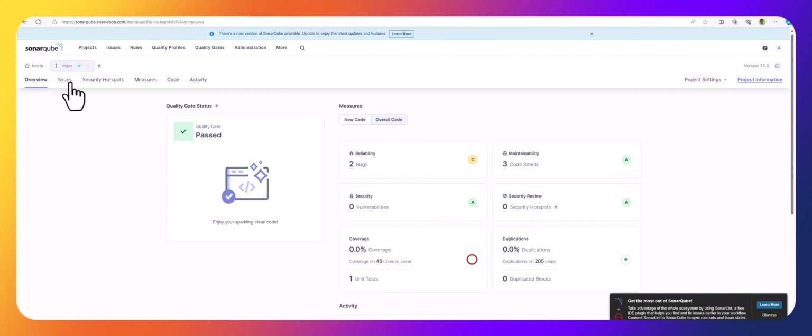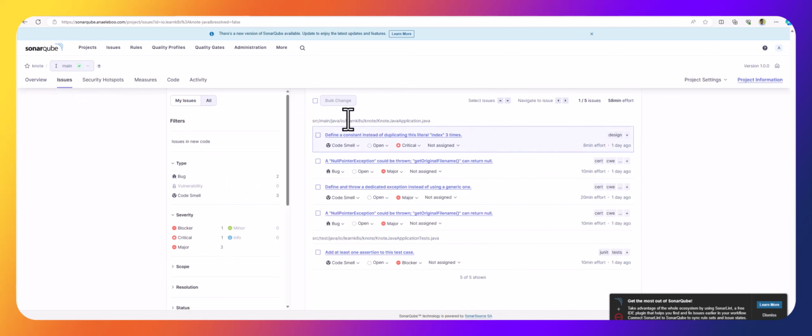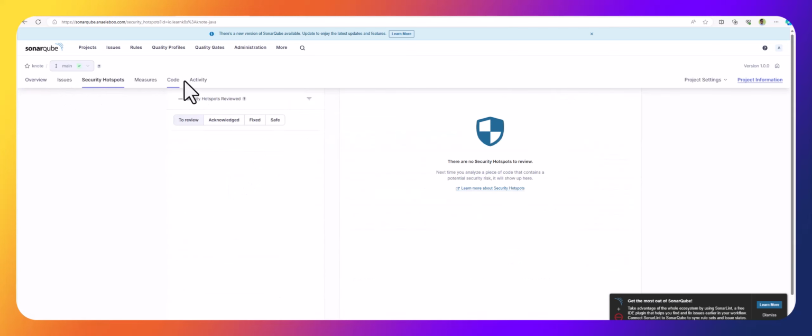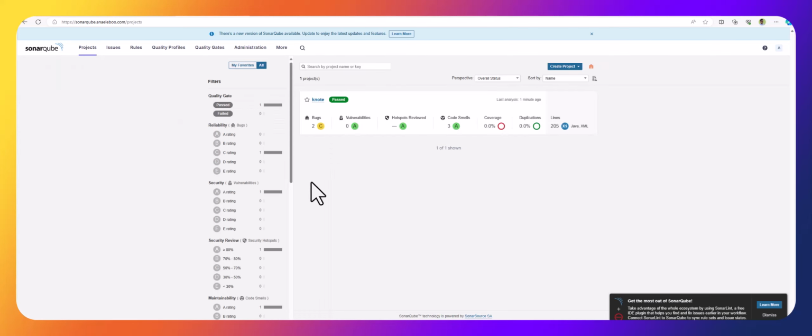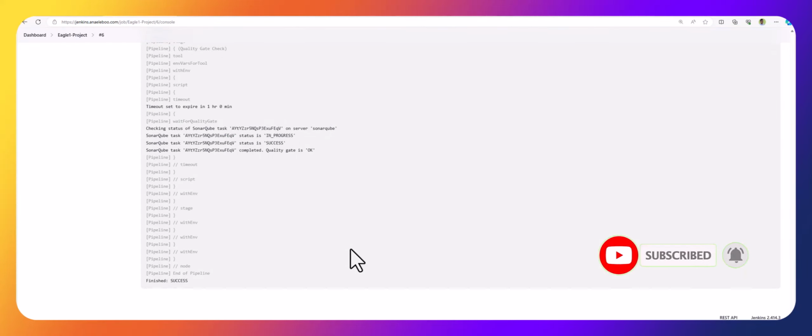So you can do that, or you can go over it and see it in details. You can see issues right here. You can see hotspots and so on, right? So you're going to come back to project. So that means we did a DevSecOps, right? We did some security check. We checked that our code is passing the static code analysis, right? So we are good. The next step is that we need to build our Docker